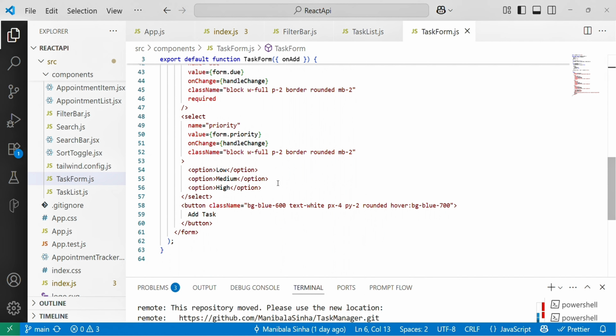And next is the priority. So priority is a select drop down with options for setting priority. Default is low.